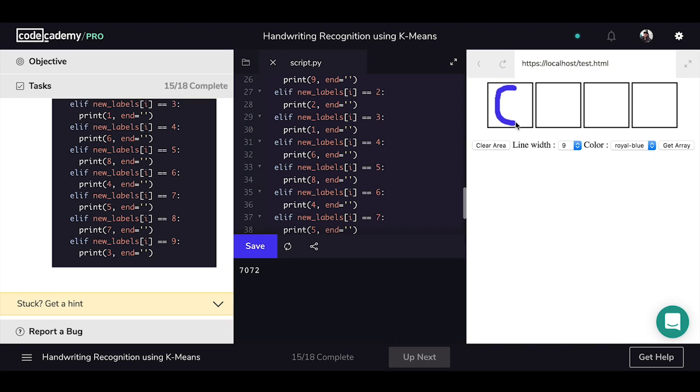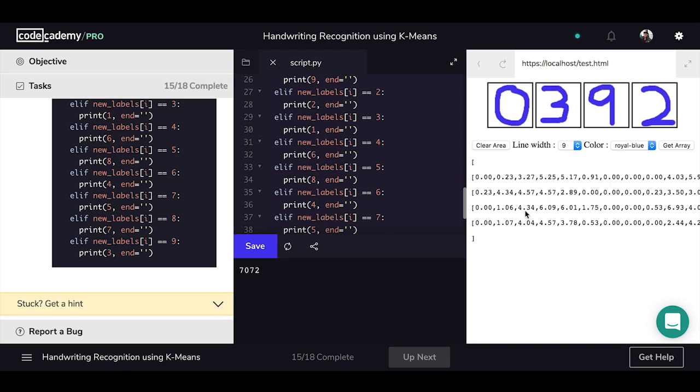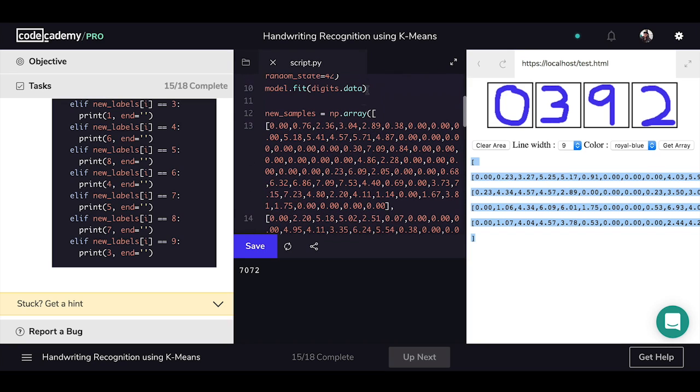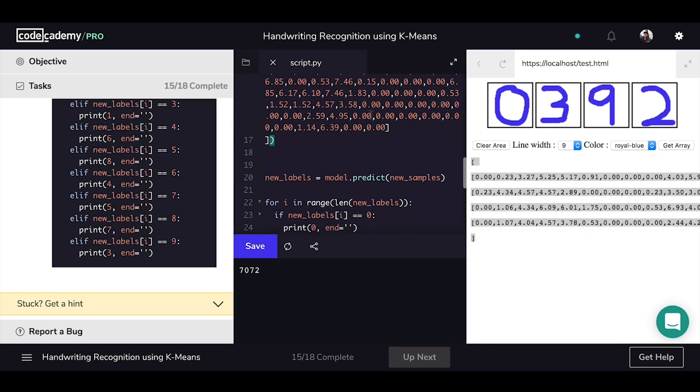Let's try 0, 3, 9, and maybe a 2. And let's see how the algorithm does on that. So we'll get the array again. I'm going to paste this in here. So up here, we'll replace this whole chunk of data with the new array. And now when we save, let's see if it gets